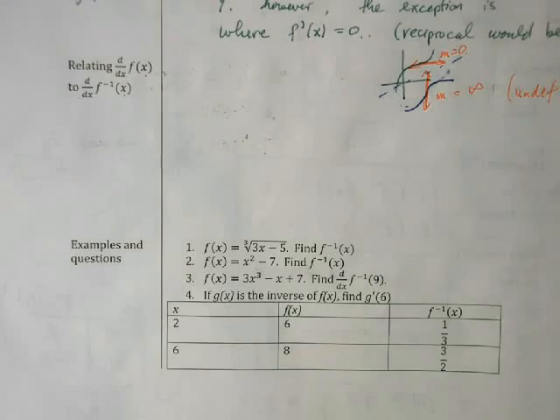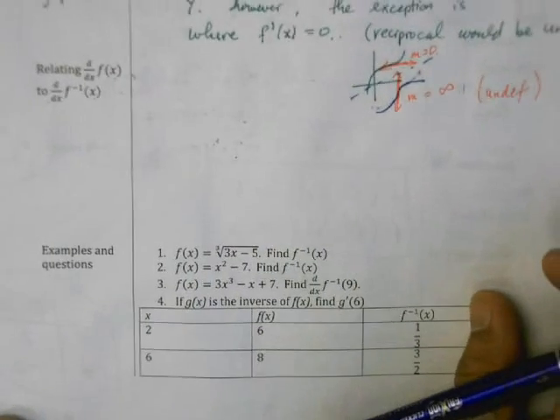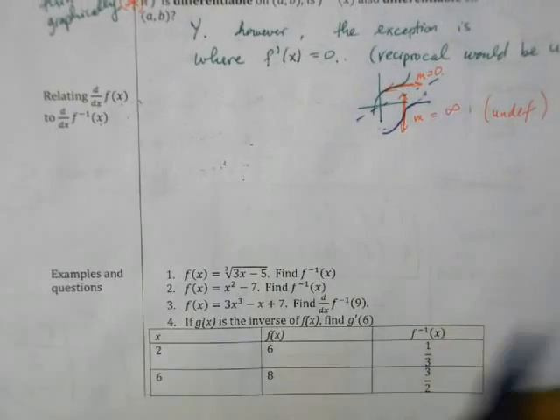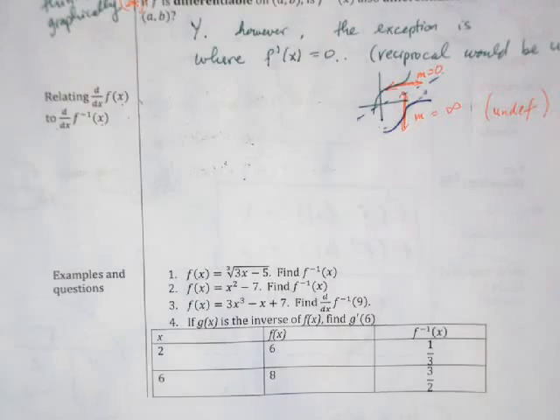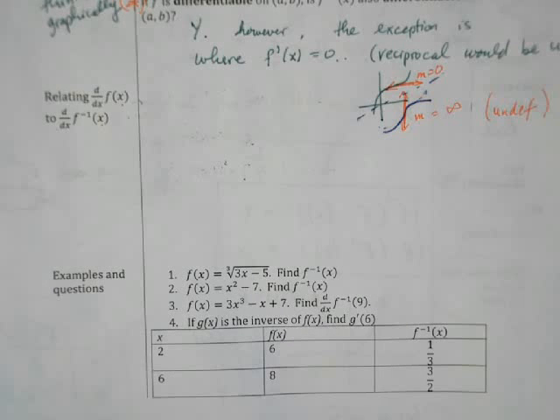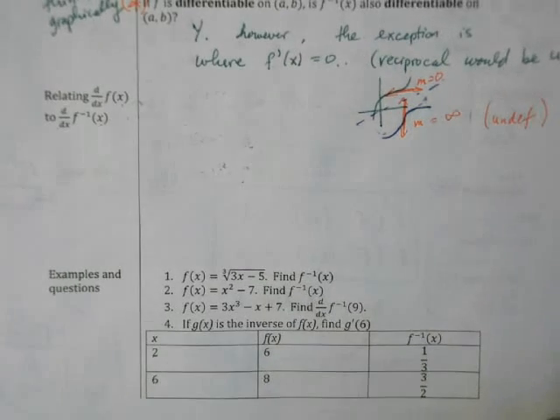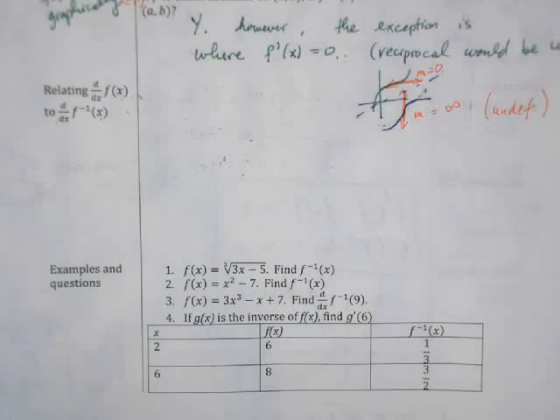And let's look at this example that asks us to relate, or deal with the relation between, the derivative of a function and the derivative of its inverse. Okay? So here I'm going to give a property and also prove it. And incidentally, it isn't very difficult to prove this. So let's start out with